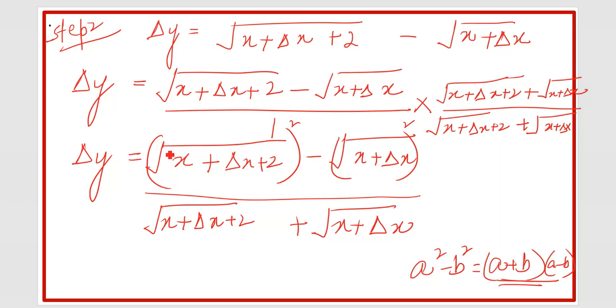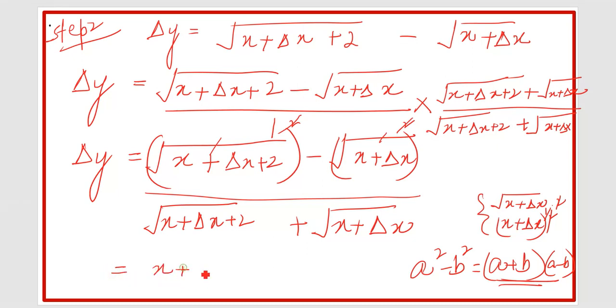So now we have a square root of this. Here I will show you that suppose we have a square root of x plus delta x. It means I can write (x plus delta x) power 1 over 2. Square root means 1 over 2. And we have one more square, so this square will cancel each other. So simply we can say this square will cancel this square root. This will cancel this. So what is remaining?